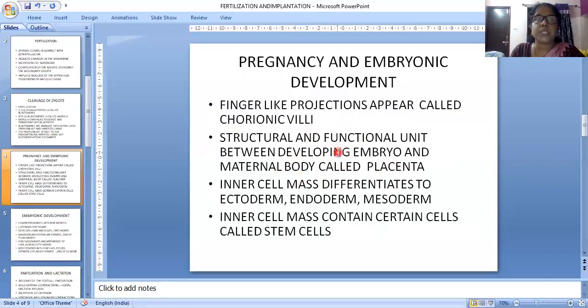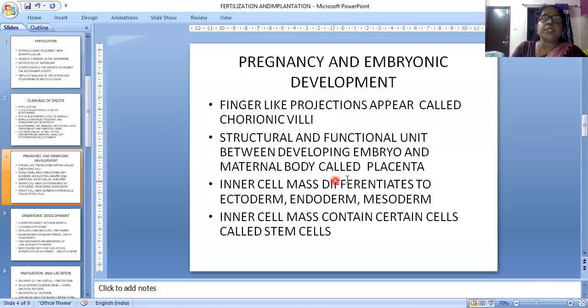What is the function of the placenta? The placenta connects the fetus and mother, providing oxygen and nutrients to the fetus and removing carbon dioxide and waste materials from the fetus. Moreover, it produces hormones during pregnancy. Two hormones are produced only during pregnancy. Two hormones, progesterone and estrogen, also control the menstrual cycle. After puberty, estrogen and progesterone will be present in the body.